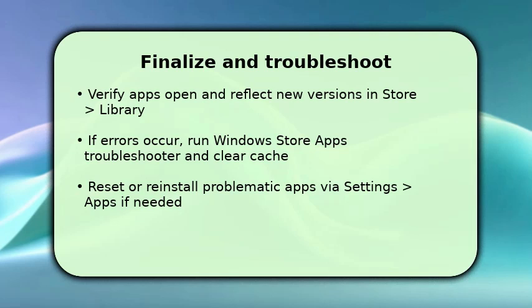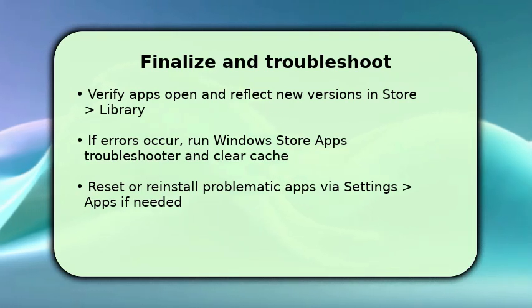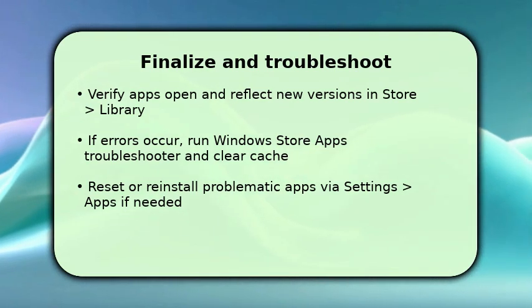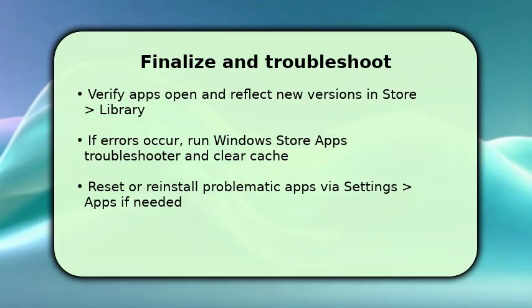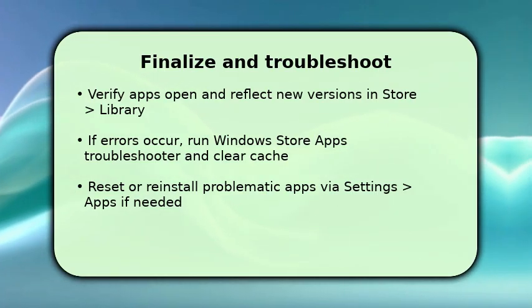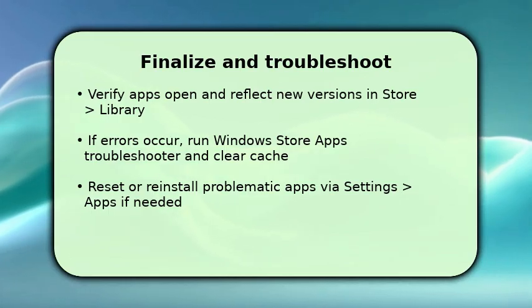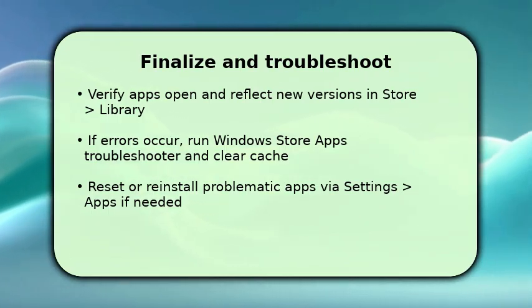To finish, open updated apps to verify functionality and check version details in the store under Library. This confirms successful updates. If you encounter errors like download failures or stuck updates, run the Windows Store Apps Troubleshooter